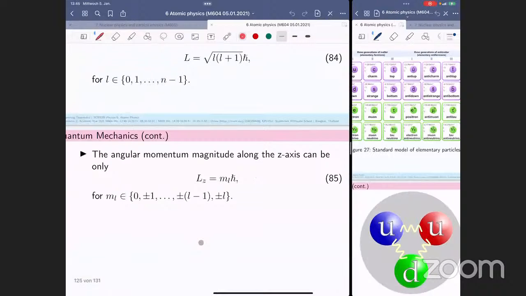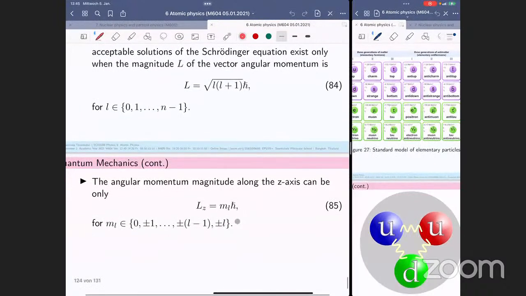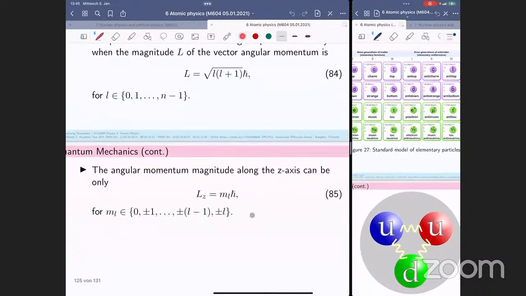The angular momentum magnitude along the z-axis can be only Lz. This is the multiplication to h-bar. Lz is equal to ml times h-bar. Ml is the orbital magnetic quantum number. Lz, which is the magnitude of the angular momentum along the z-axis, could be found from the product of ml and h-bar. That is the angular version, or the reduced version, of the